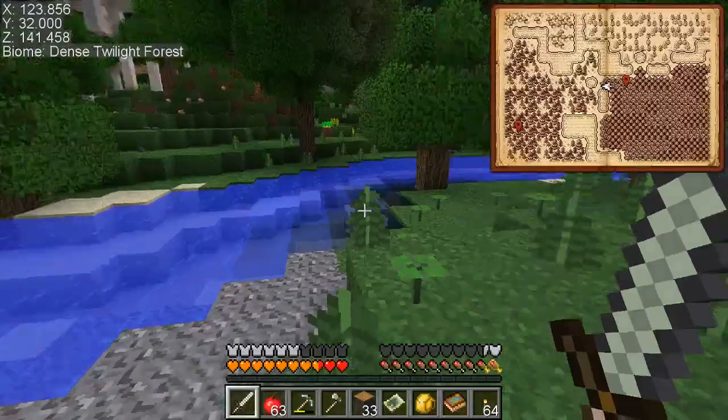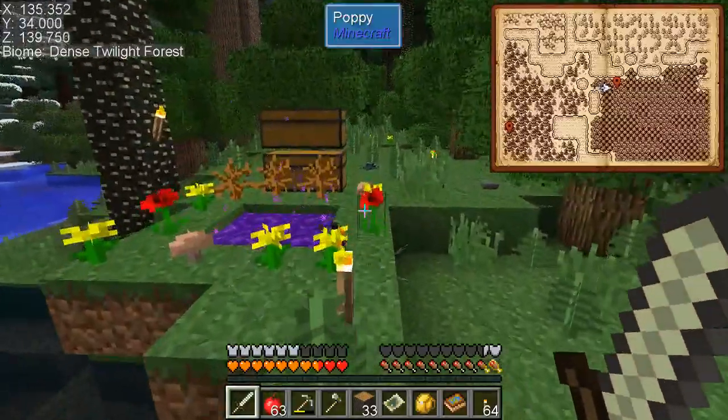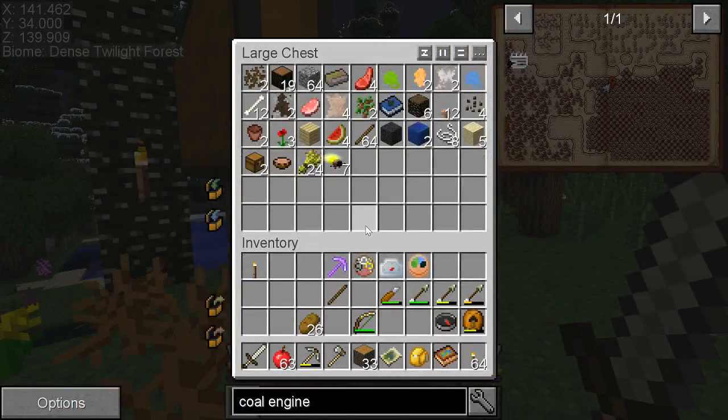Oh yeah. Before I go, I'm gonna get my sling. Sorry guys. Oh, these are the chests I dumped all my stuff in to make my inventory empty, and I guess it wasn't my sling. But